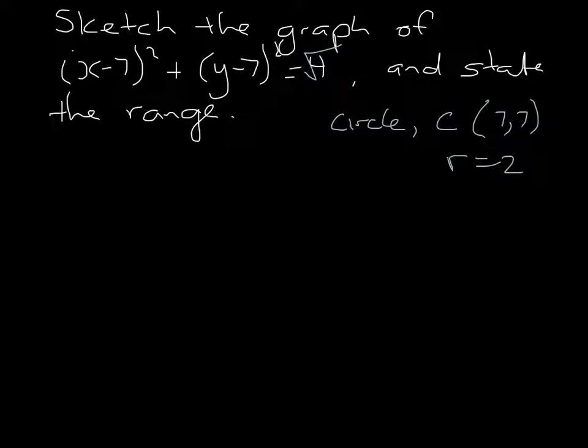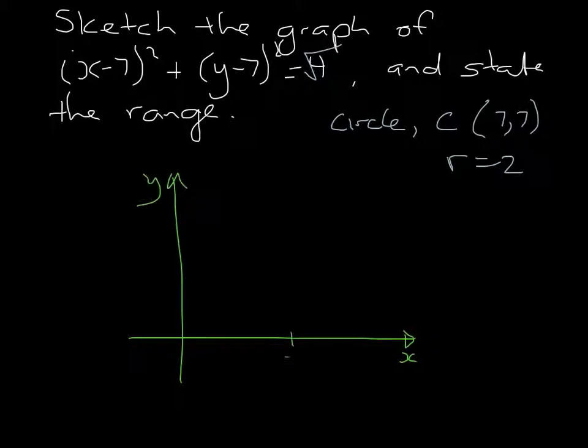So the graph of this one, that's the centre of our circle, and it has a radius of 2, so it's just going to be a little circle like so,